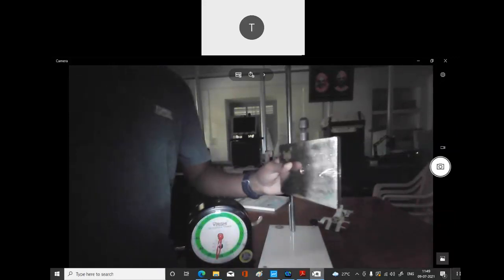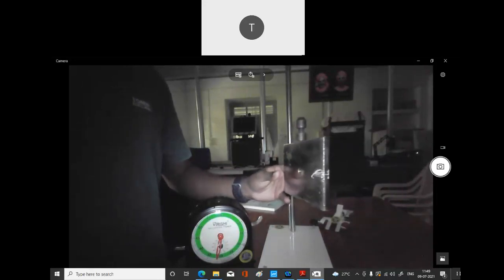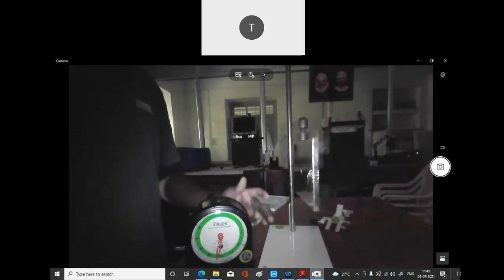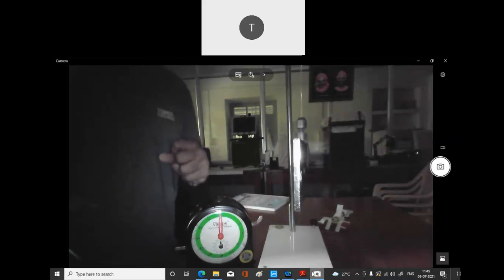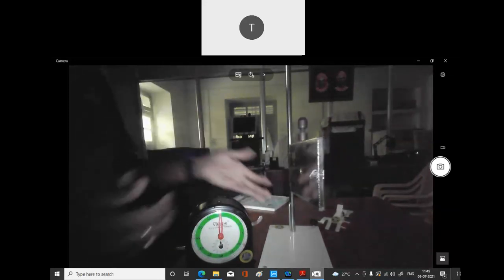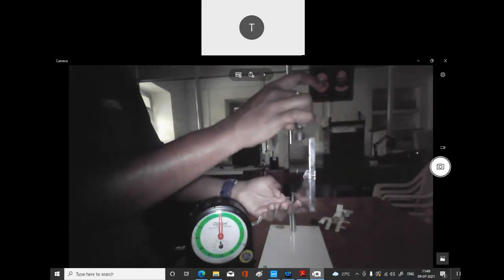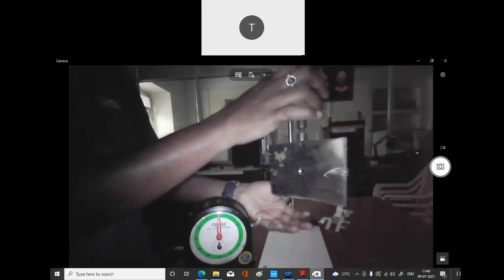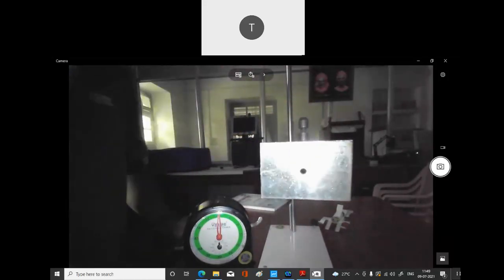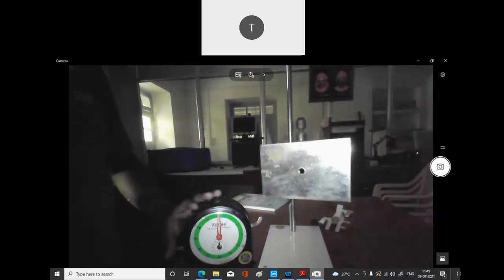Allow it to stop at the equilibrium position. Right now it is in the equilibrium position, so reset your clock, and then you give the twist. I will again do the same thing: I will hold the bottom, twist it something like this, and leave it. Let it go 1 or 2 rounds. When it is coming here, this is my starting point.